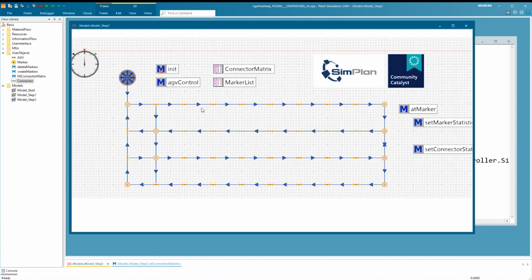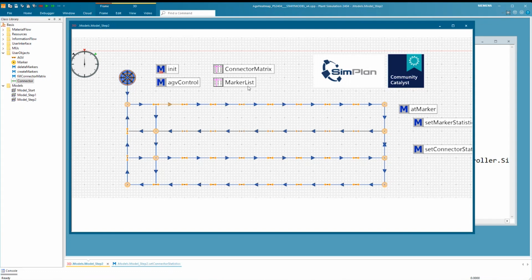So making sure that this is the case, then I can find out where it is driving to. In these kind of aisles, it's very simple because there's always only one marker connected to it. But in the areas here on the side, you can see there is like intersections, and then I can have two predecessors, two successors. So it's not clear. I have to find out where the AGV is going. I know the two markers, but I don't know which connector I'm using, right? So I know I'm going from here to here, but I don't know that I'm using connector 8 for this.